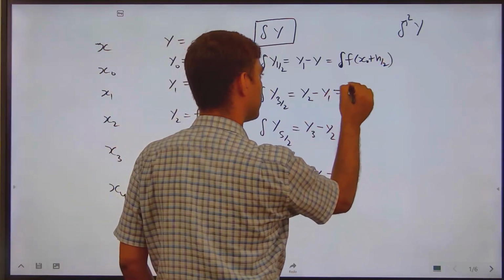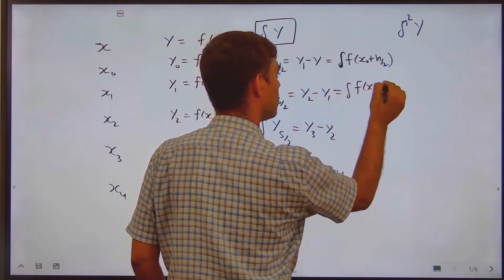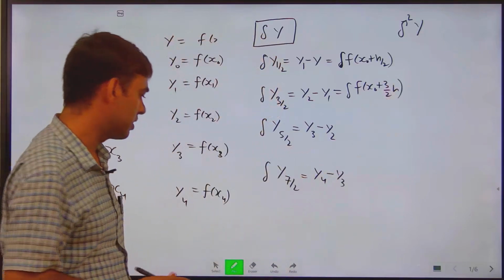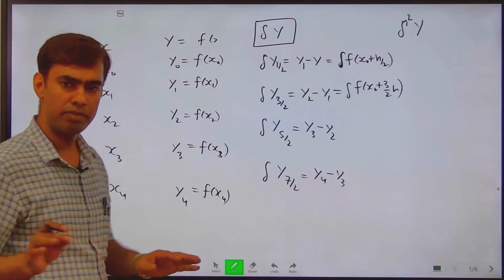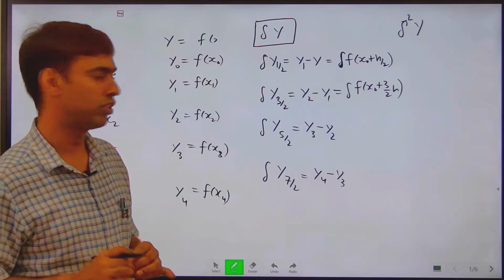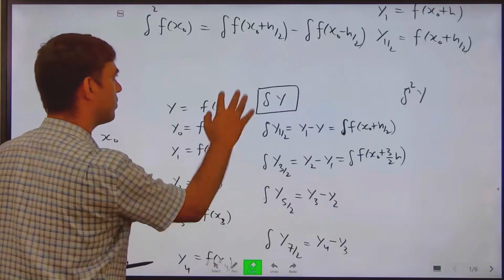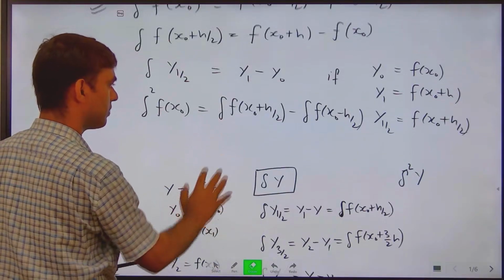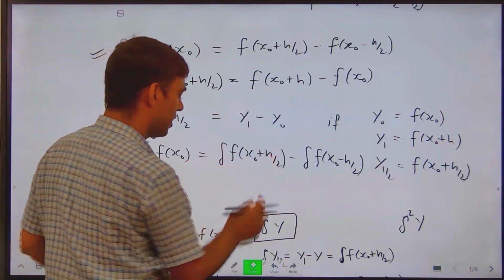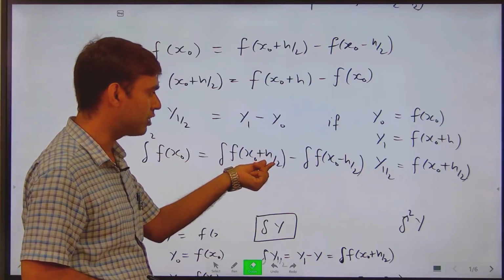And this one equals delta f of x0 plus 3 by 2 h. It means we don't have a value for f of x0 plus h by 2 and x0 minus h by 2. Then how do we define it? In order to define it, in place of a here, we need a value for f of x0 plus h by 2, and here